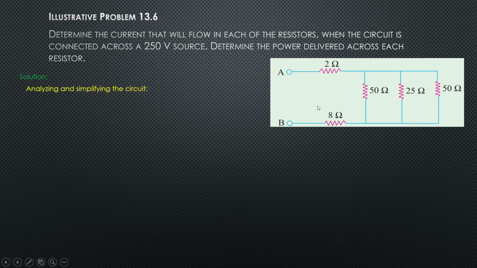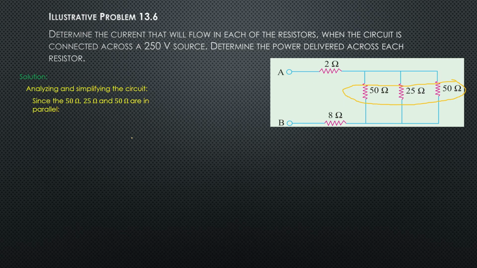We are always starting at the end of the circuit going to the source. Since the 50 ohm, 25 ohm, and 50 ohm resistors are connected in parallel,